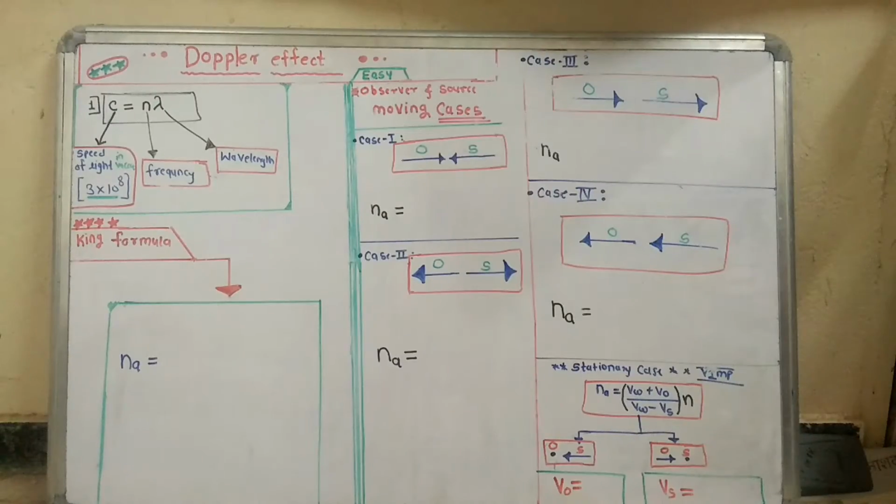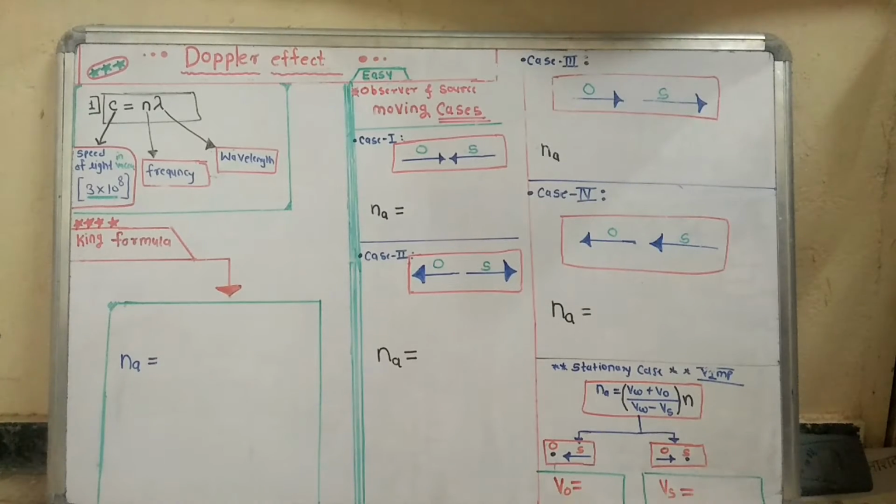The Doppler effect is a very easy and scoring chapter, but when you think logically, imagination is also very important in this chapter, because only two things are studied here: the observer and the source, and in which direction they are moving. If your imagination is good, then you can find all the formulae easily. Only follow my tricks and the remembering method. So we start the Doppler effect.